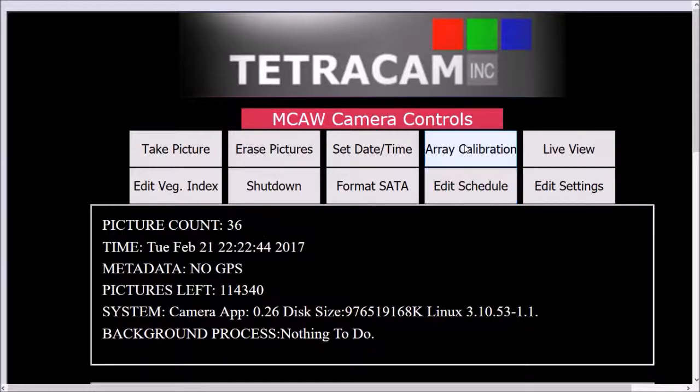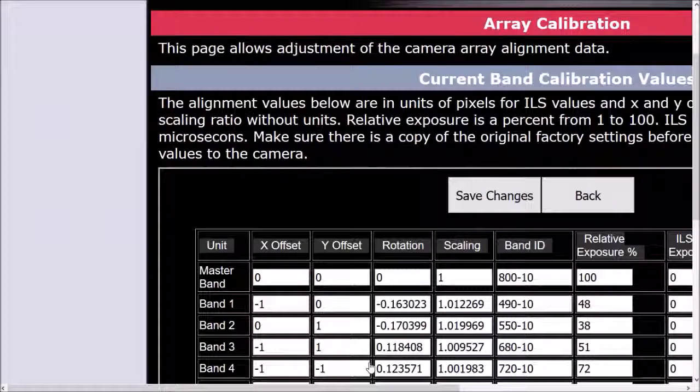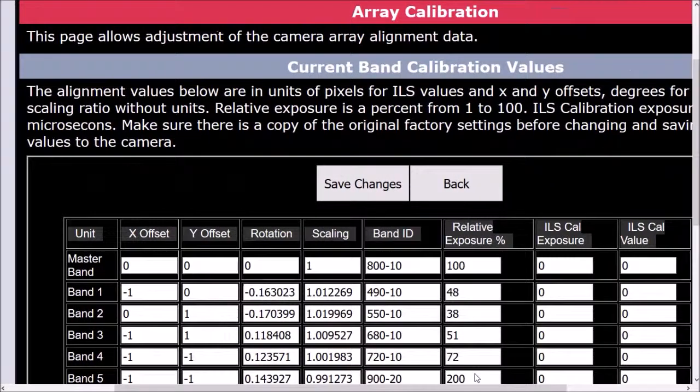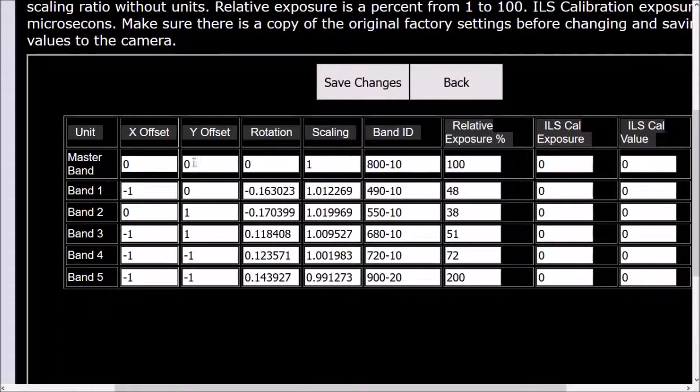Array calibration displays the bandinfo.txt file. These are X and Y translation values for each plane. We mechanically adjust these pretty closely. You'll see there's no more than a 1 pixel adjustment for X and Y translation for any plane. These are the